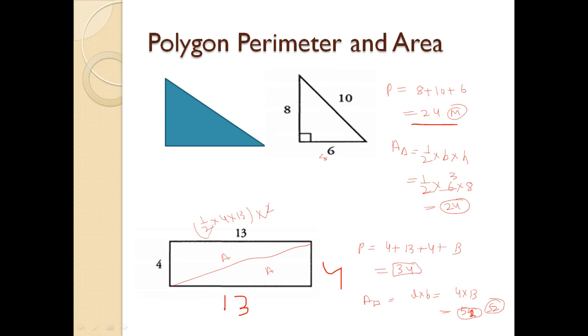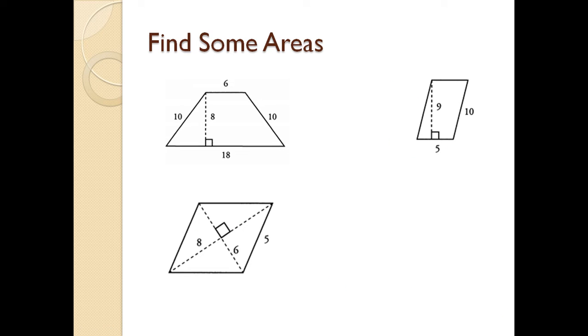So this 2 will cancel out and this will come to 52. Okay, it's proof, like as we can convert any rectangle into two triangles. Fine. So what we learn over here, the area of a triangle is 1 by 2 base into height, and area of a rectangle is length into breadth. Okay, now we have to find out some areas of different kind of polygons.